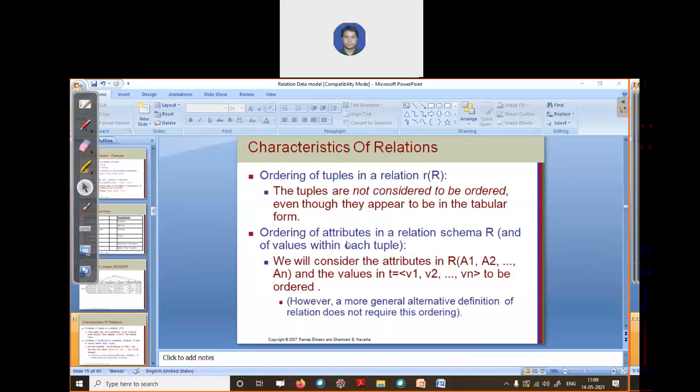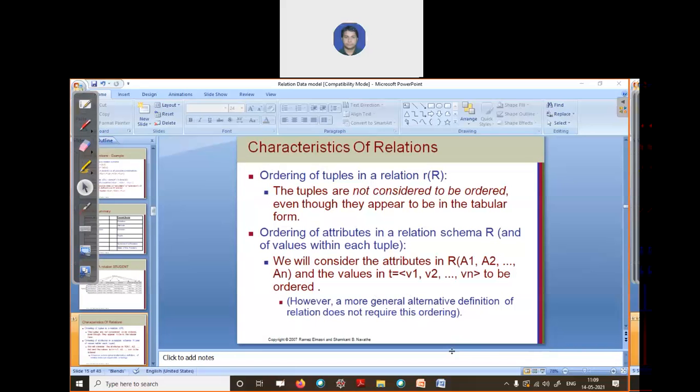And then we discussed the ordering of attributes. The ordering of attributes is always important, because a relation is a list of attributes. We mention the relation name and the list of attributes, and when we talk about a list, there must be one order we follow.